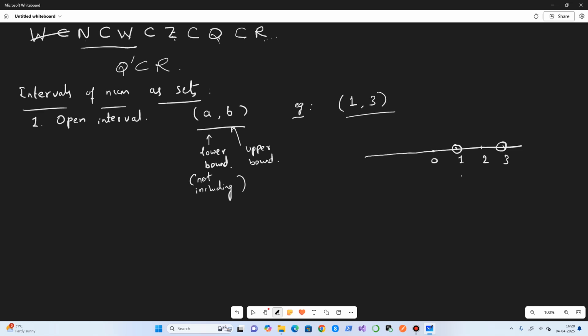Whatever is in between, all the real numbers which fall between 1 and 3, is my set. So all real numbers between 1 and 3, but not including them, because this is an open interval. So in the open interval, the lower and upper bounds are not included.